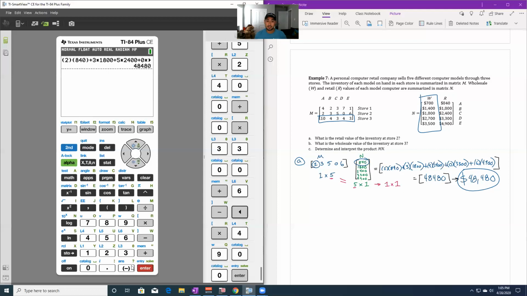So just like we did in A, we're going to do this in B. We first have the first row, which is 10, 4, 3, 4, 3,